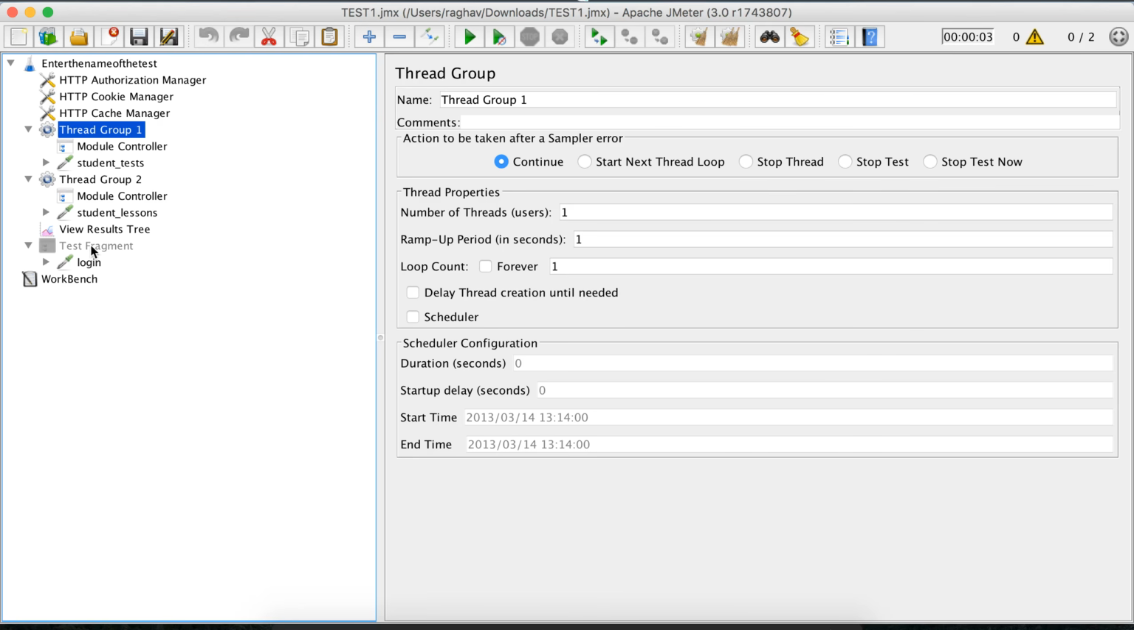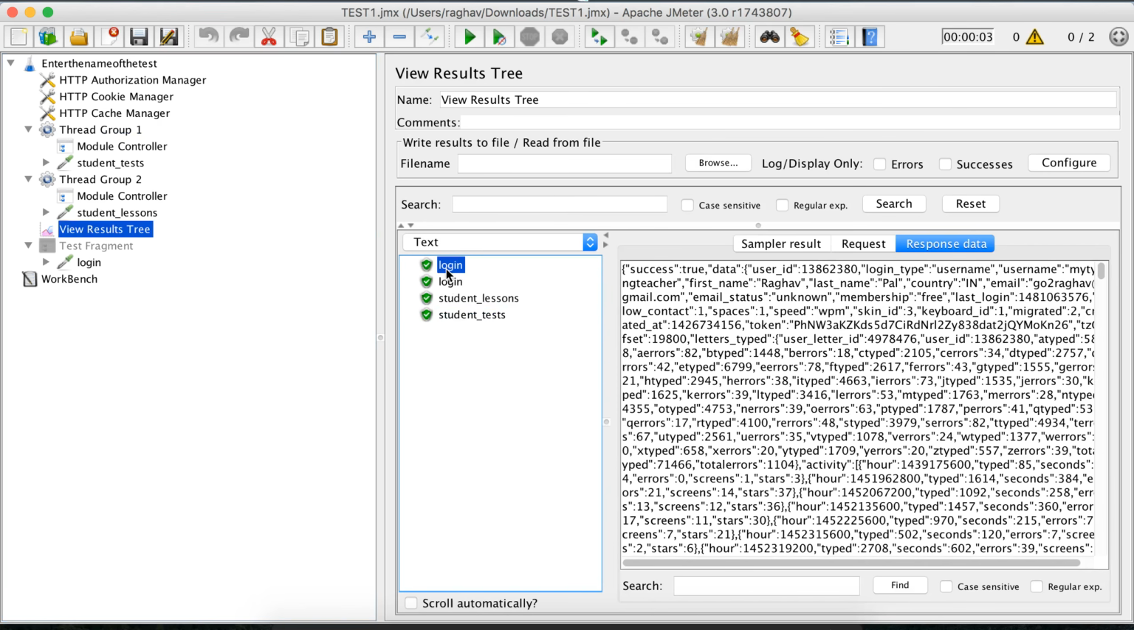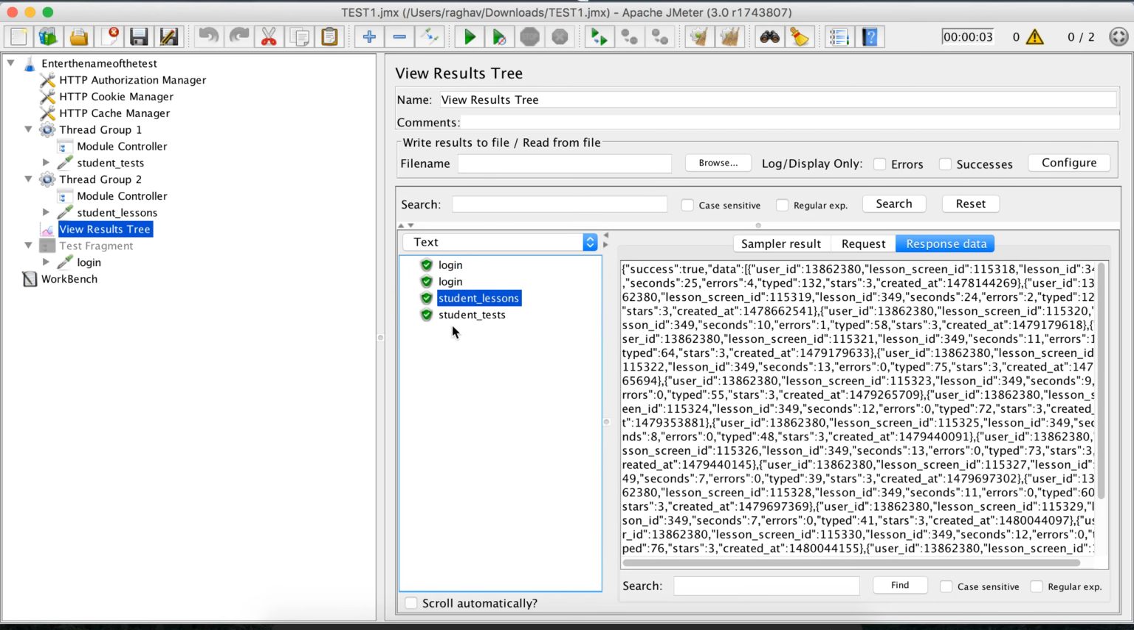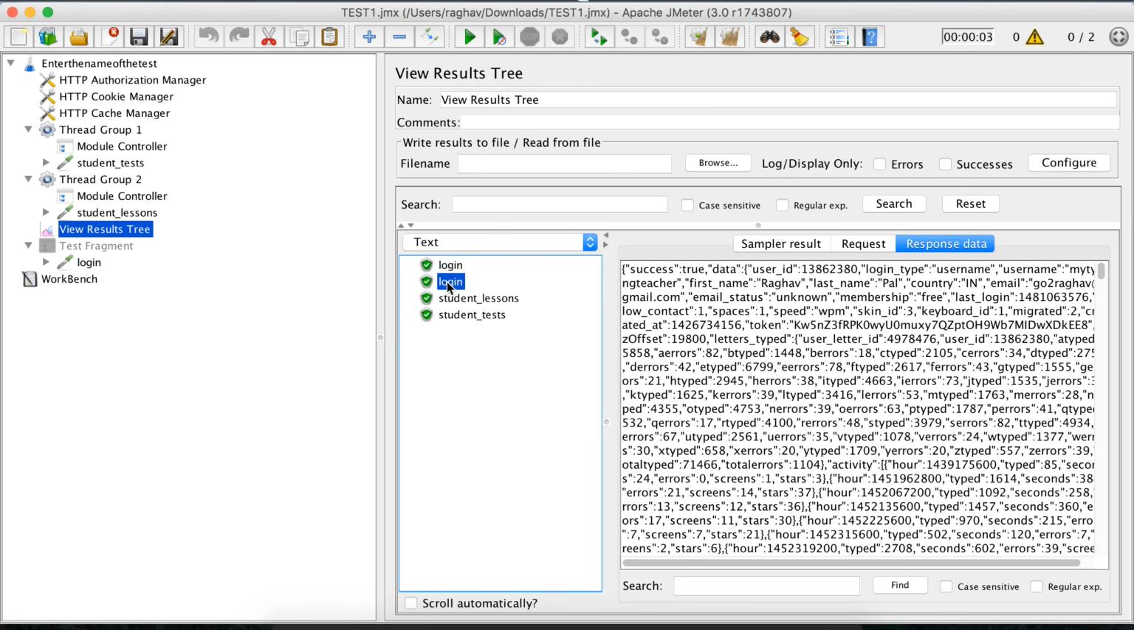Okay. Now, still, if you see the results, although the login is stored separately at a single location, it is still being executed again and again. Because we have run two thread groups, it is being executed 2 times, which we do not want. We want that it should be used only once. So let us try this, and what we can do is